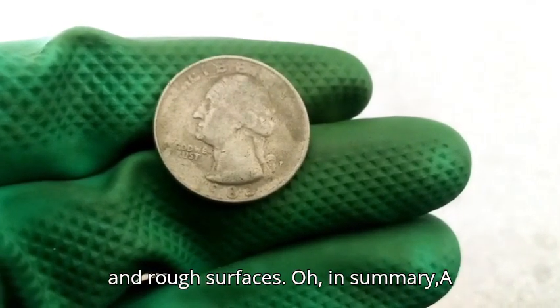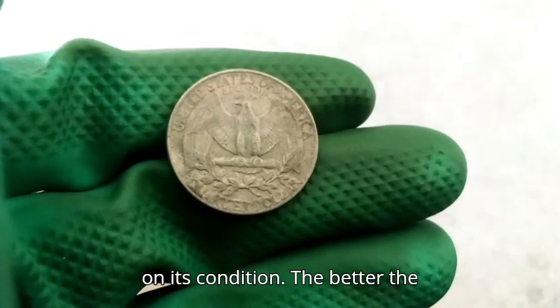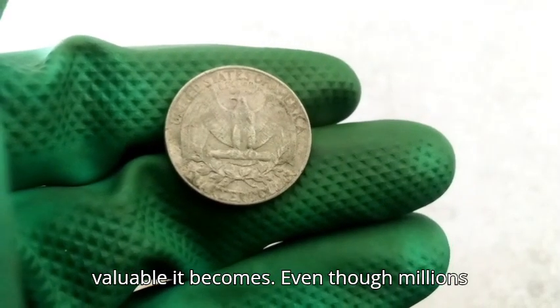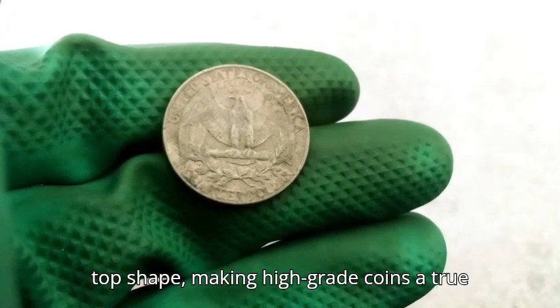In summary, a 1983 quarter's true value depends heavily on its condition. The better the condition, the rarer and the more valuable it becomes. Even though millions were minted, very few have survived in top shape, making high-grade coins a true